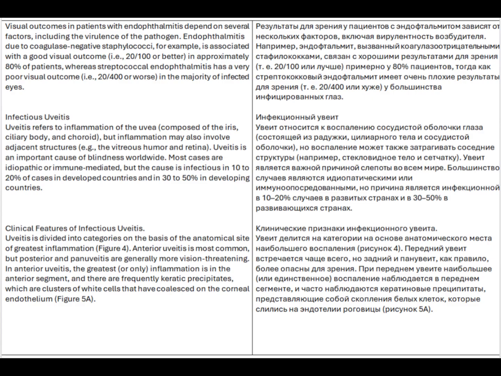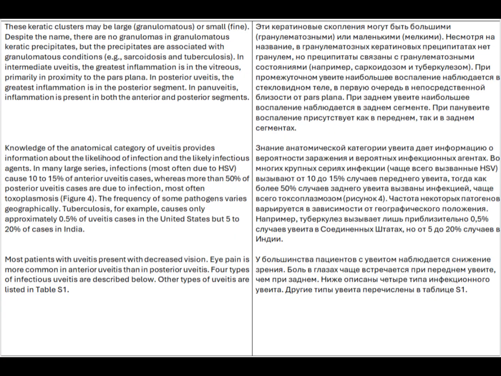In anterior uveitis, the greatest, or only, inflammation is in the anterior segment, and there are frequently keratic precipitates, which are clusters of white cells that have coalesced on the corneal endothelium, figure 5a. These keratic clusters may be large, granulomatous, or small, fine. Despite the name, there are no granulomas in granulomatous keratic precipitates, but the precipitates are associated with granulomatous conditions, e.g.,